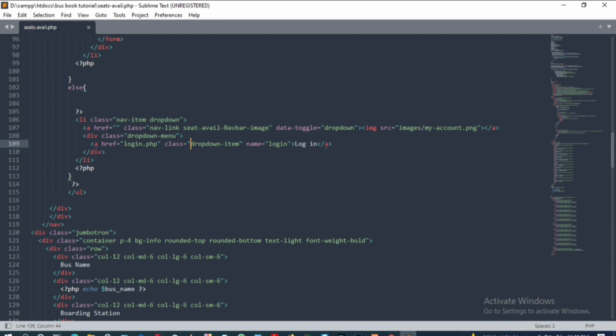Is there something that I am missing in this code? I think so.